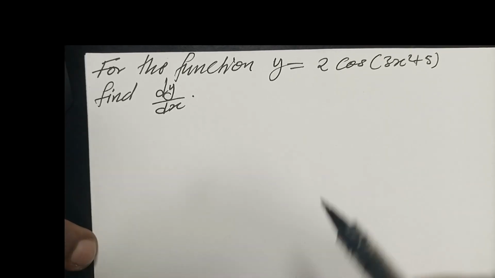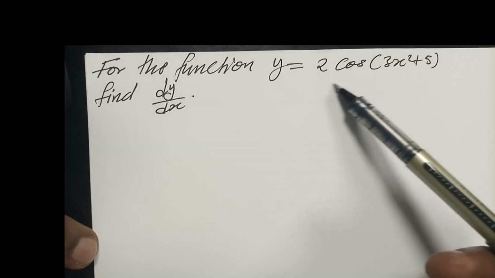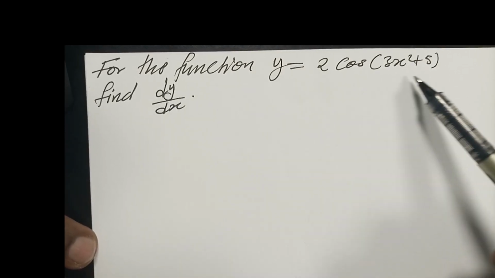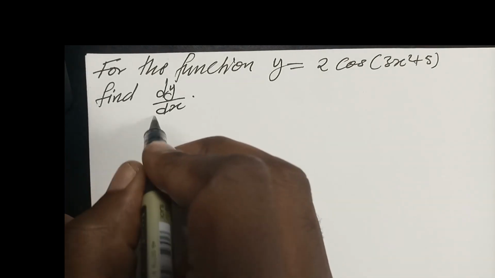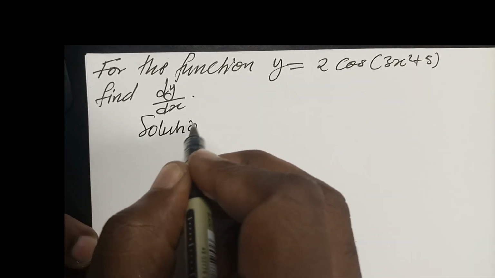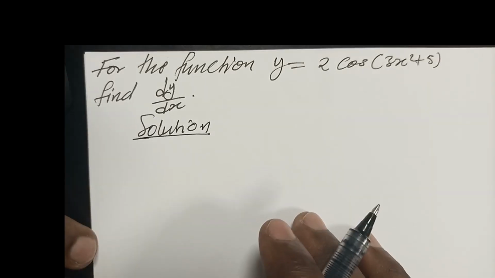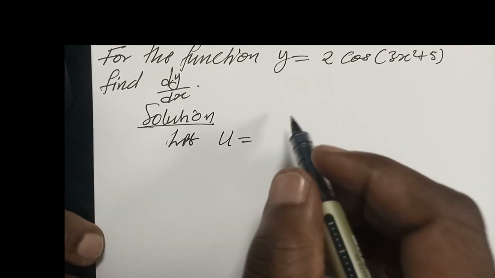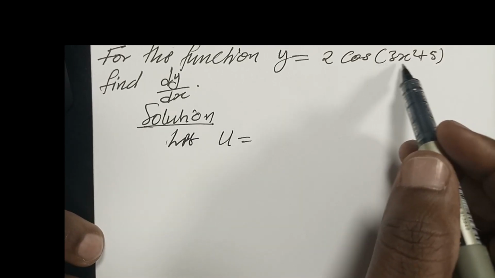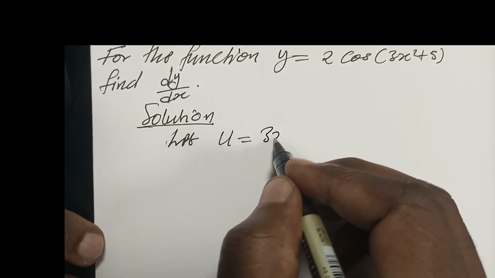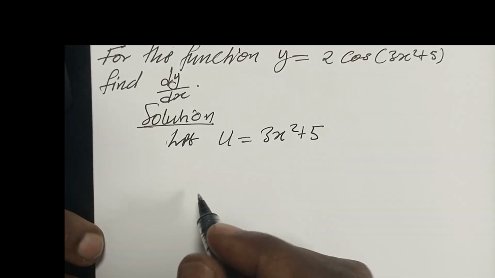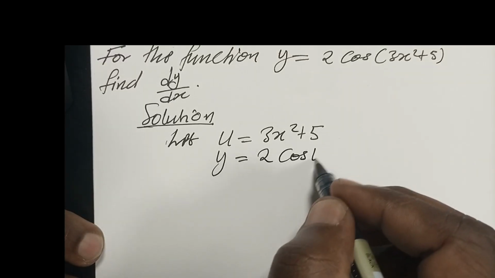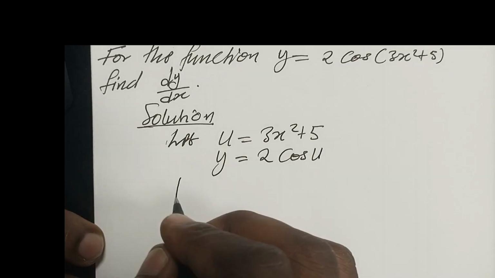All right, so given this function, find dy/dx, which is the derivative of this function. So what you do is you write solution. You let u be equal to the function inside of this trig function, which is 3x squared plus 5. So your y will become 2 cos u. And then you find du/dx,